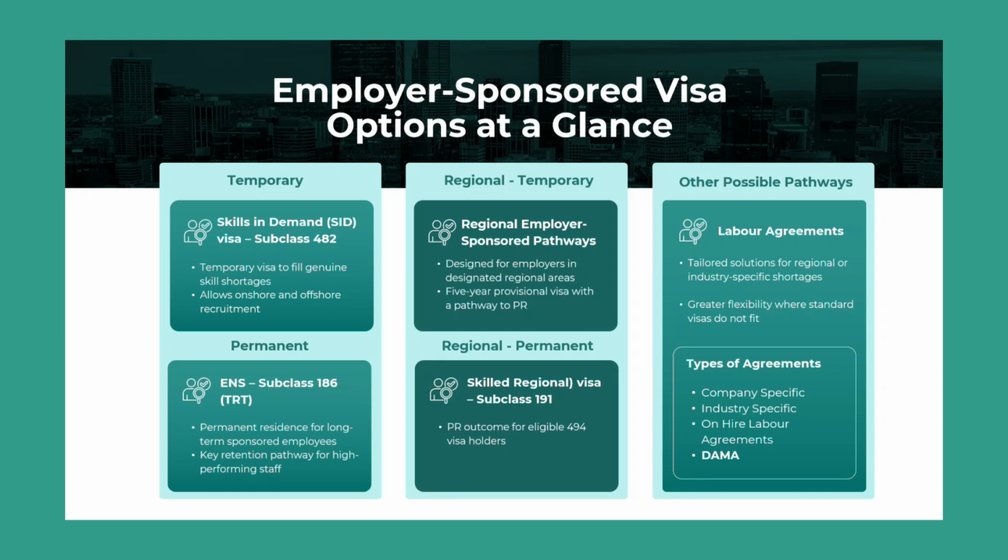Now, I would also like to mention that if you have an organization with different locations, like you may have a business in Cairns, or down in Adelaide or down in Victoria, somewhere in a regional area, then you can change the location of the employee as long as it is in a regional area in Australia. The same is applicable for the 482 regime.